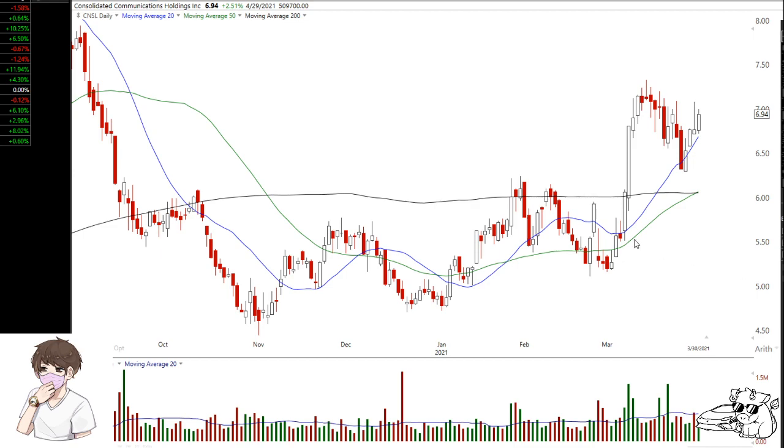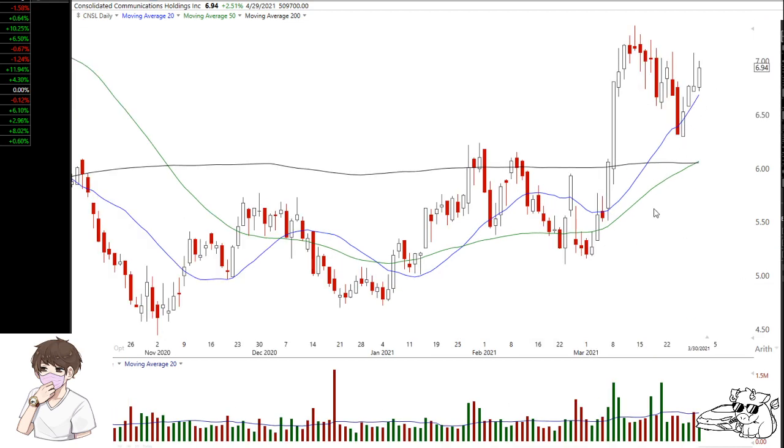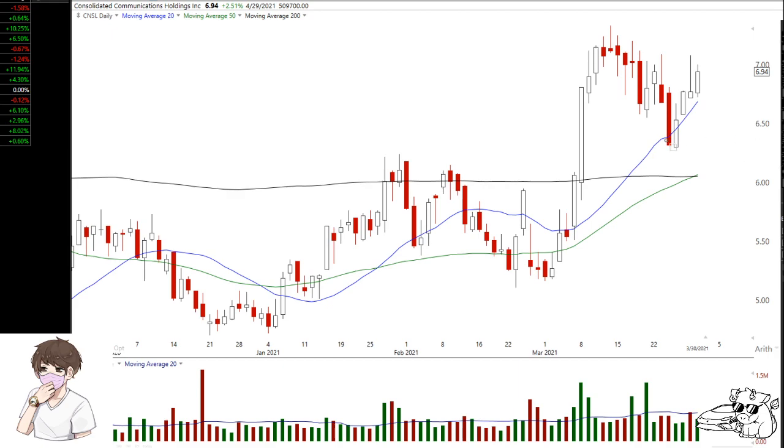daily chart, you can see that we have the rising 20-day moving average and the rising 50-day moving average, right? Going really hard at it. And 5 days ago, it seems like the stock tested the 20-day moving average and the reaction was good. Now, the problem is that you might see this and be like,